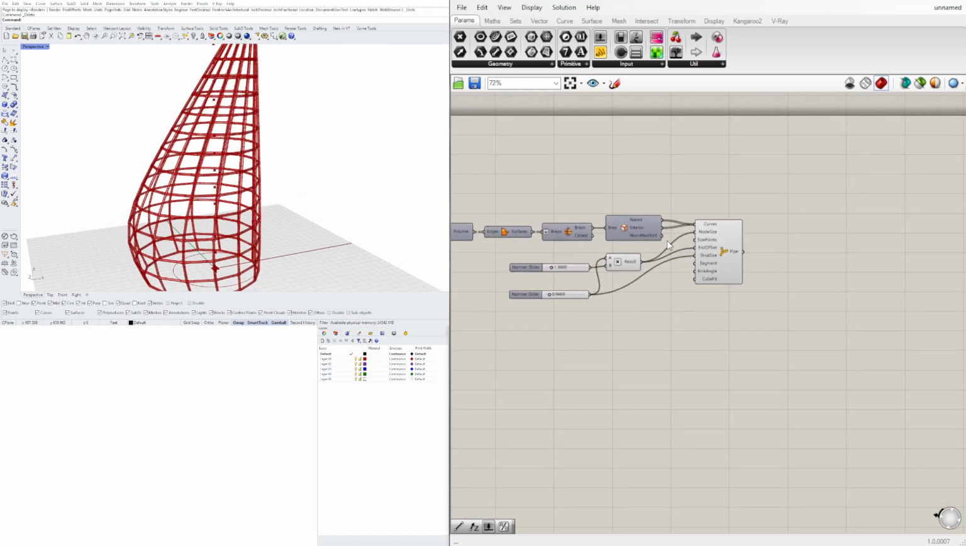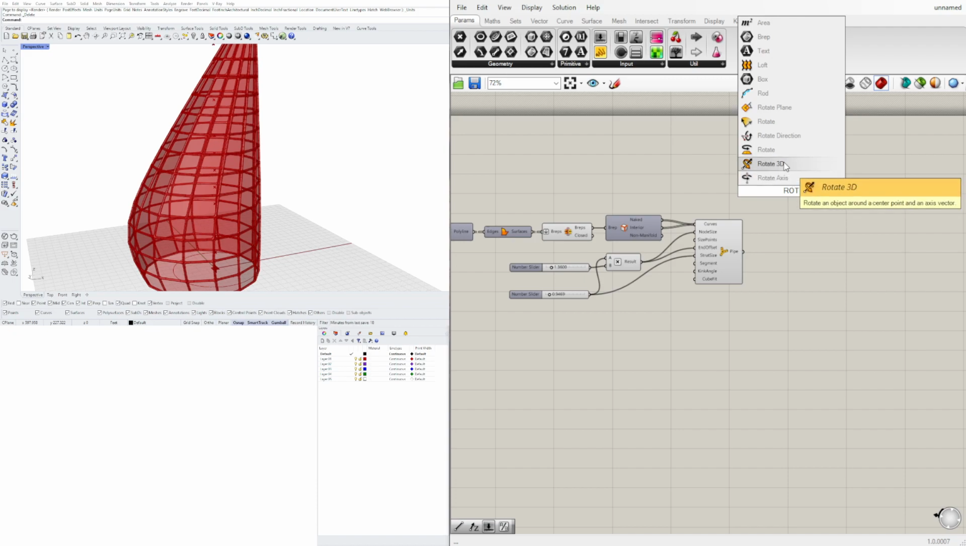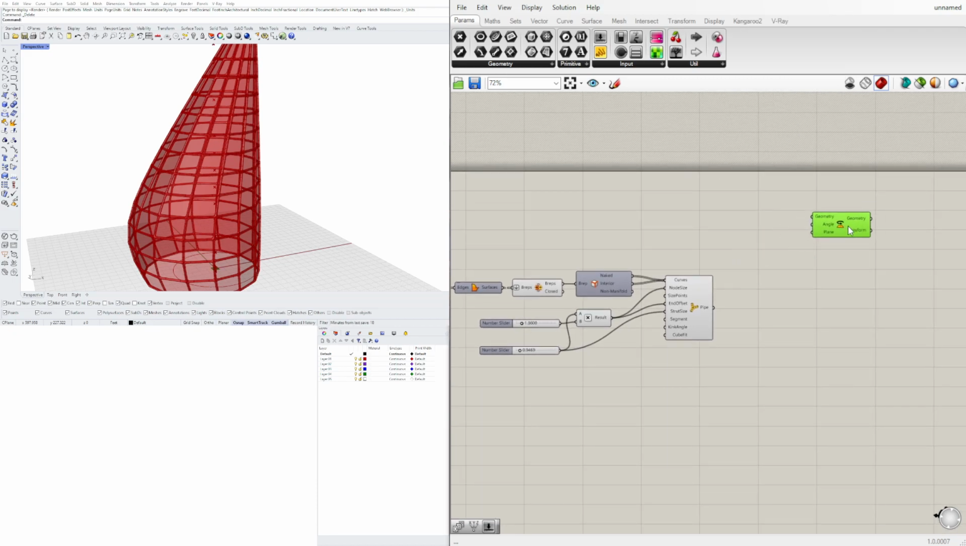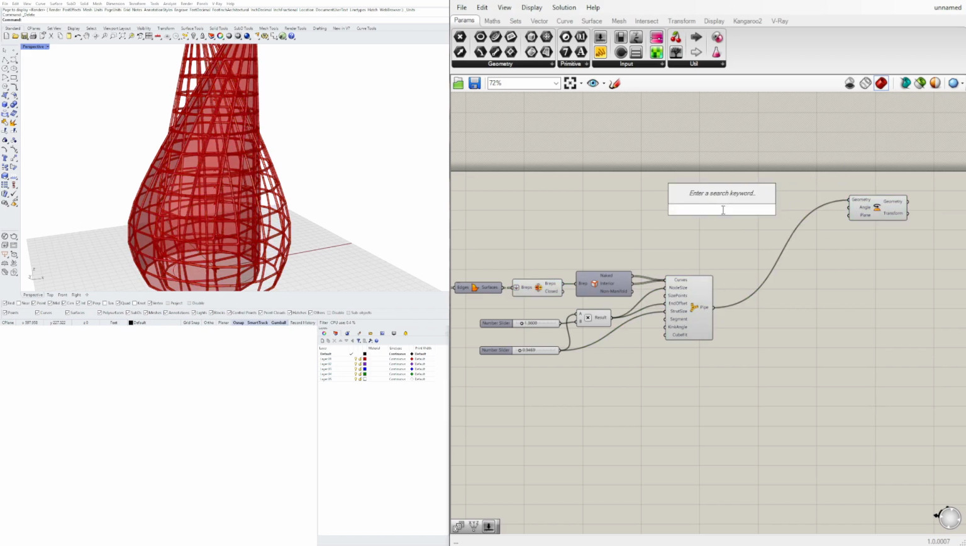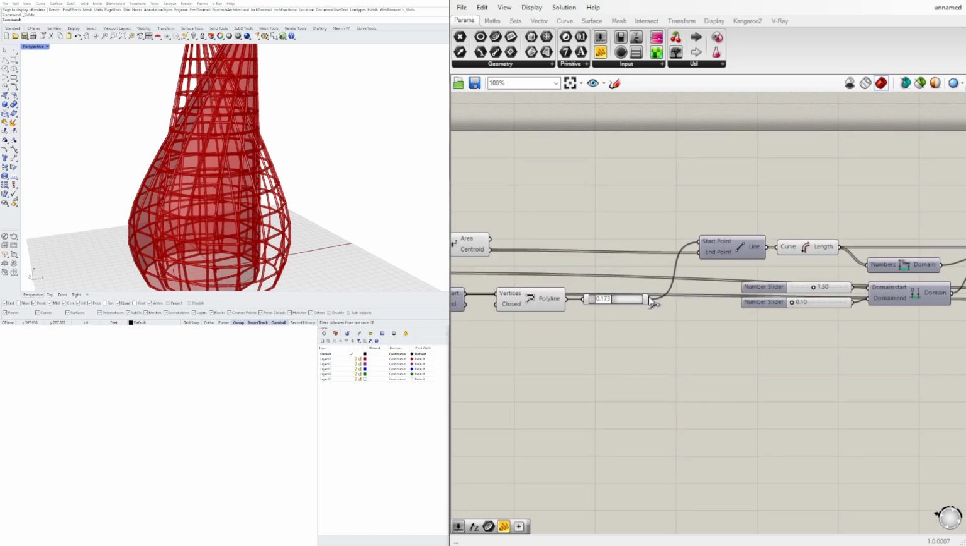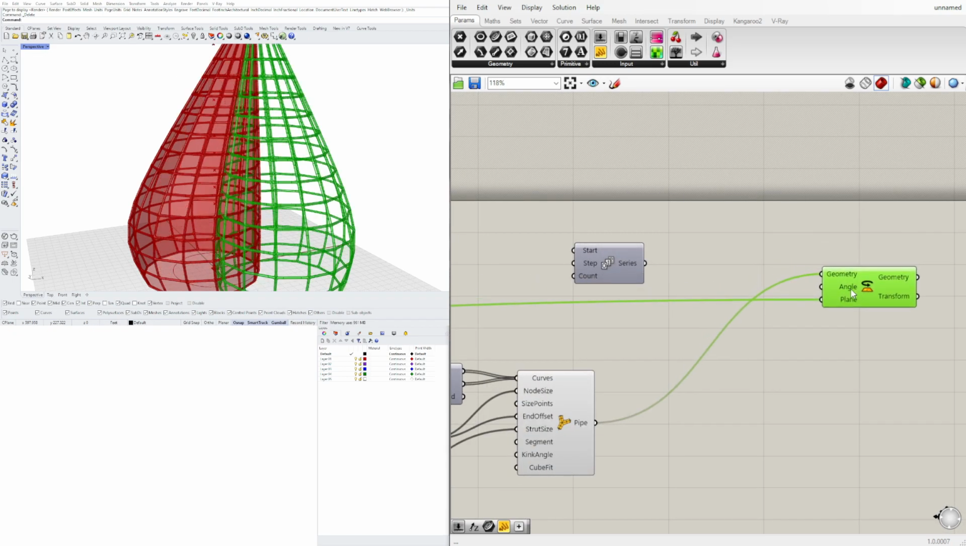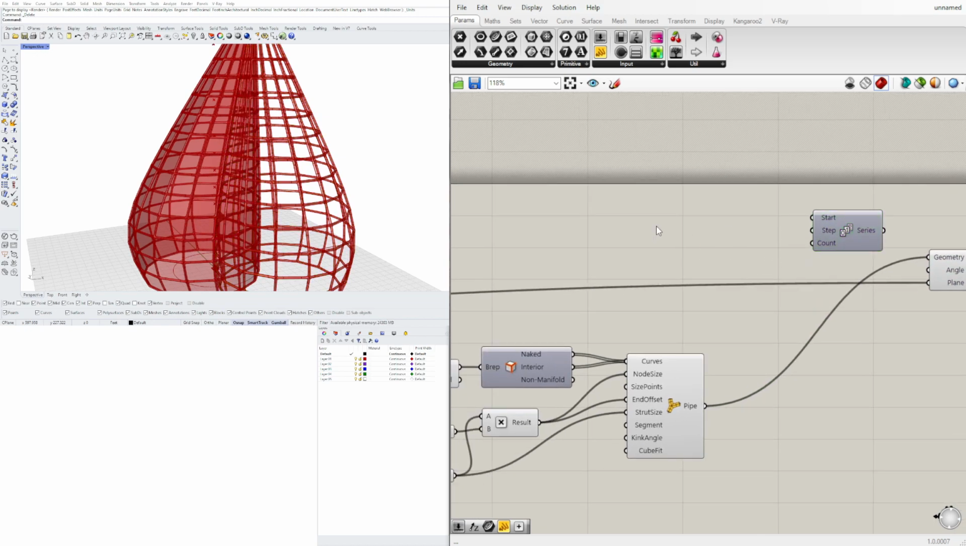Now we can do that. We can take these panels and the multiply, and we're going to rotate those. So rotate, we'll start with pipes. We'll bring in series component. We'll plug in this point as our plane. Our angle is going to be determined by